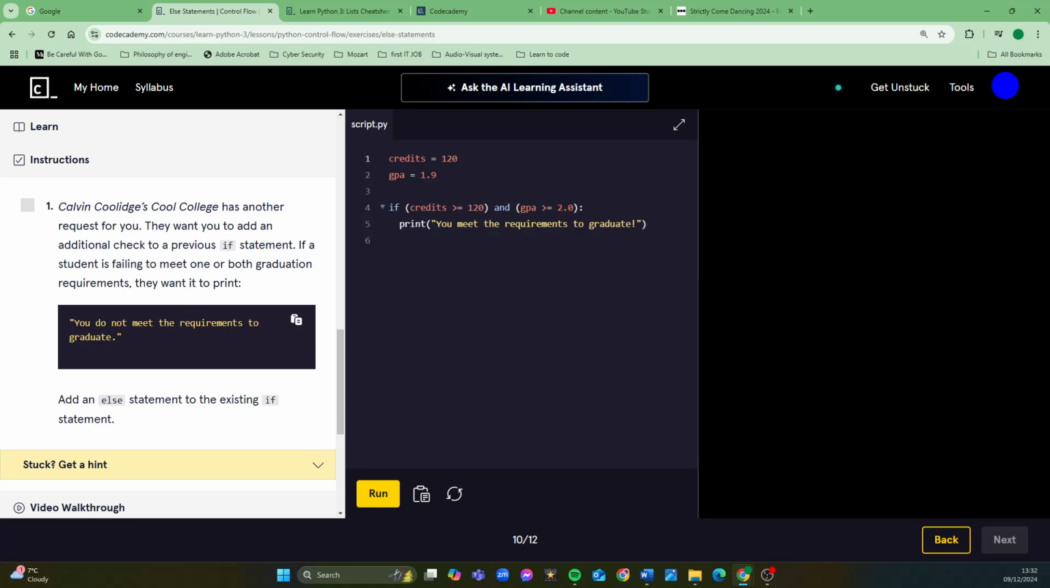So if a student is failing to meet one or both, add an else statement to the existing if statement. So we say if credits is greater than or equal to 120 and GPA is greater than or equal to 2.0, print you meet the requirements to graduate. Else: